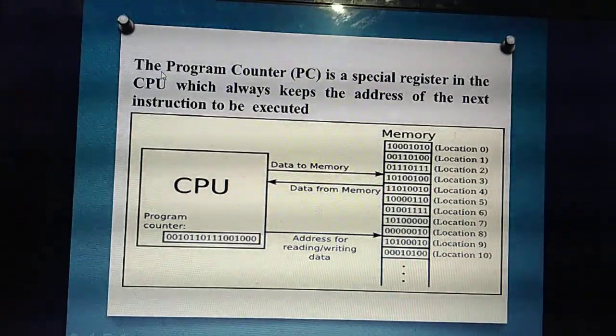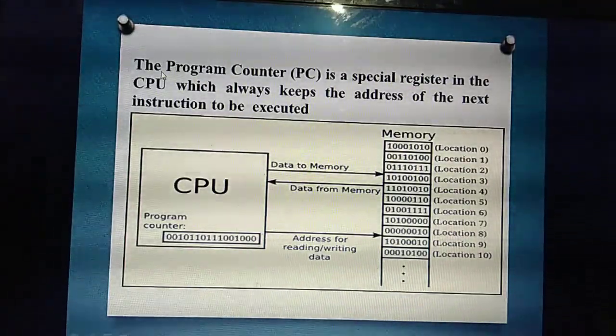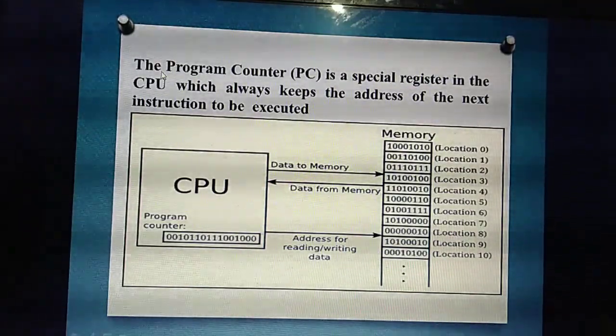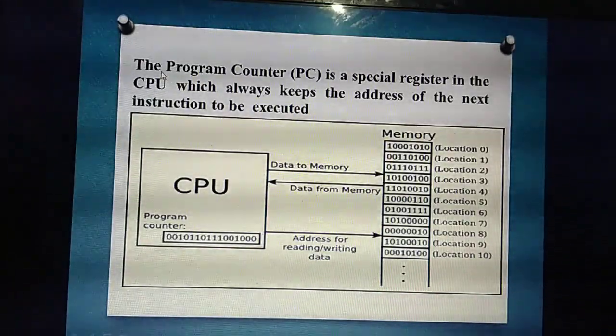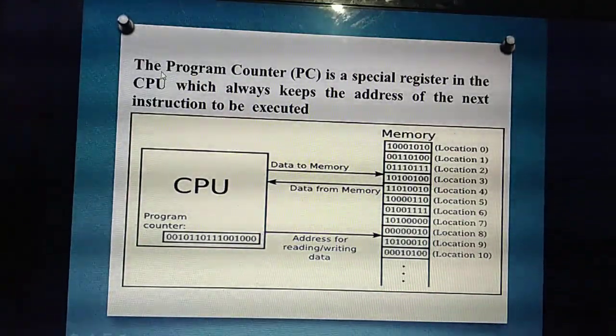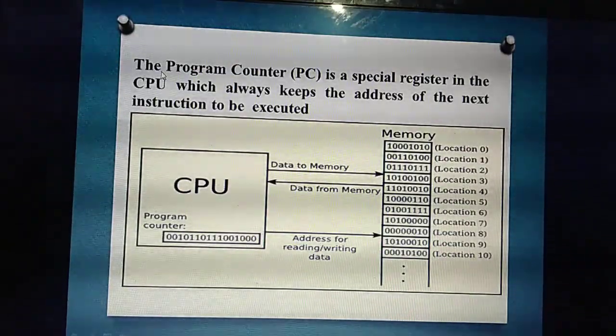So what's the address of the next instruction here? Roll number 2. The first instruction is roll number 1. Roll number 1 completed. Sit. First attendance, he or she said. Then he is sitting. Then roll number 2 needs to say, meaning what? After he or she says, after that only he needs to.